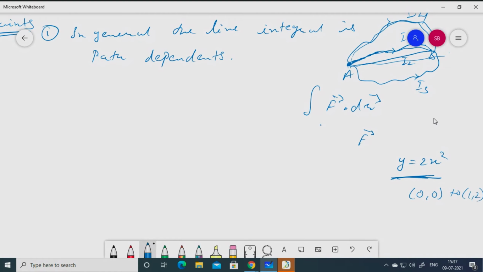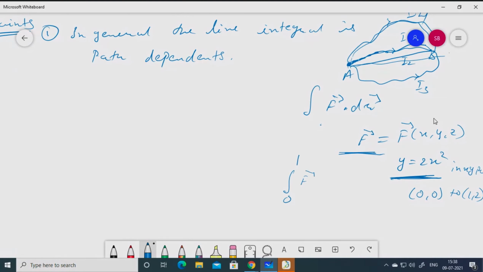Here I have given the same vector function in terms of x, y, and z, and I want to find the line integral of this vector function for the curve y is equal to 2x square, in the xy plane. So in the xy plane z will be 0. I have explained the procedure. You will integrate from 0 to 1.